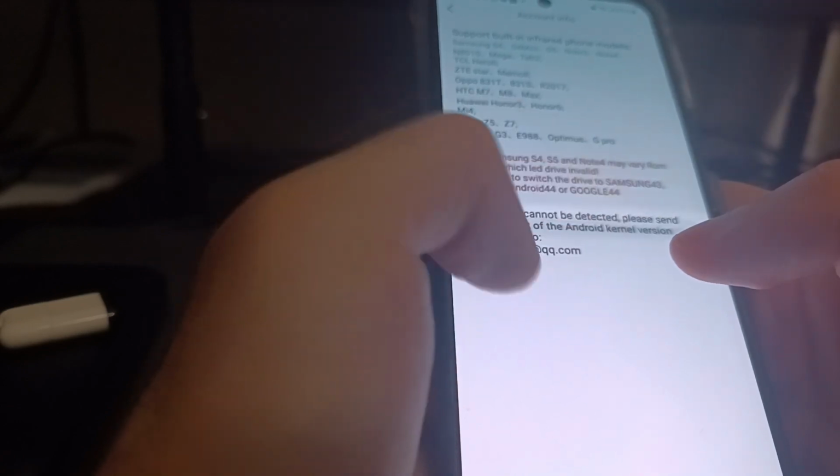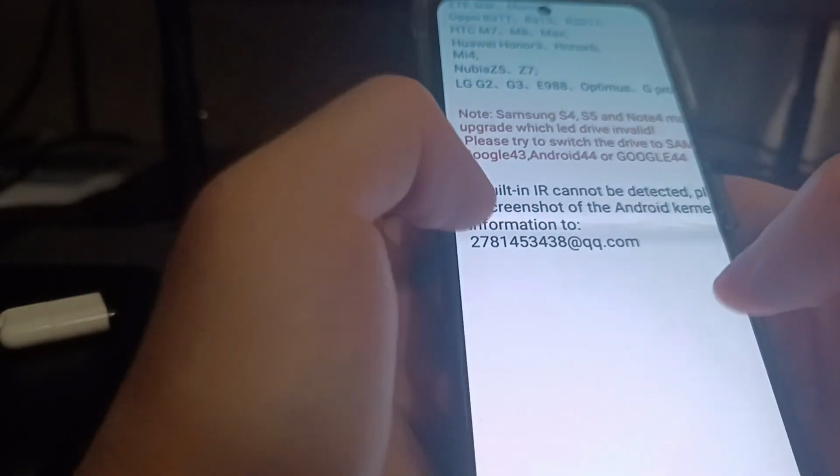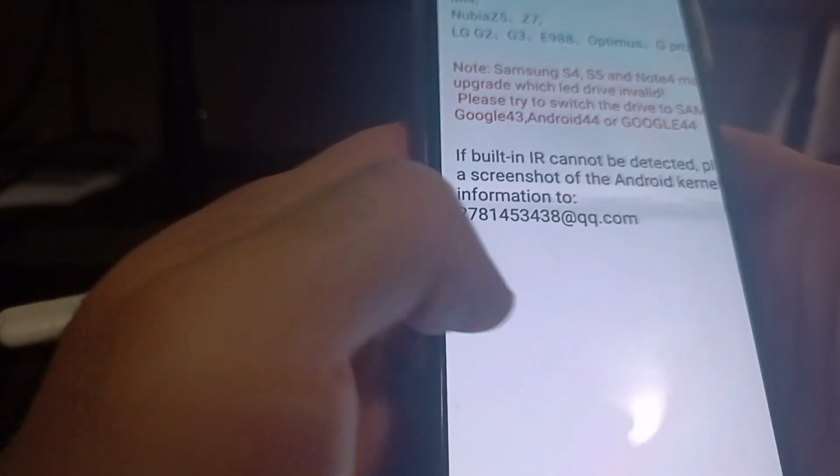APK Peer is a website. You can actually download the app from the website when you add it to your home screen, or just use the website to download it. You don't have to download the app version of it, but I just did. I use it a lot. But this is supposedly Zazaremote's website, so if you are having any issues that you can't seem to fix,